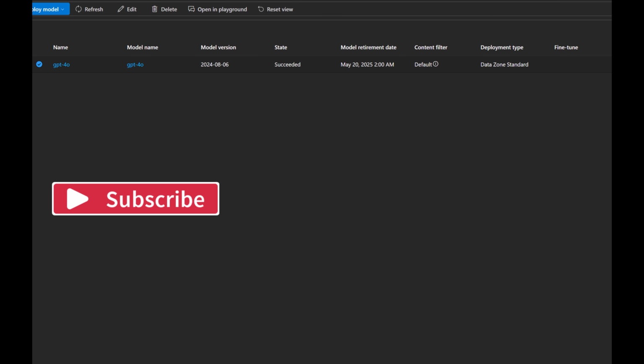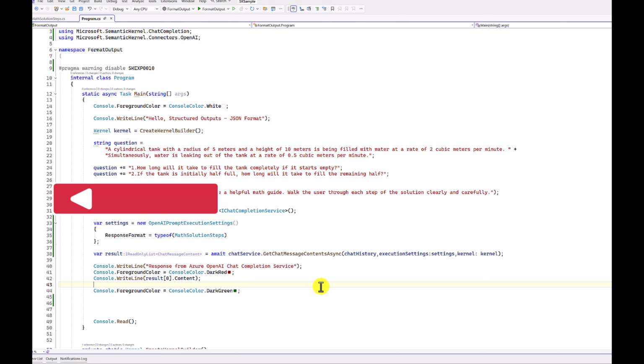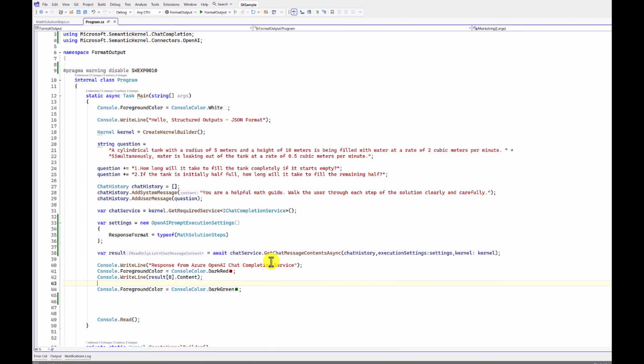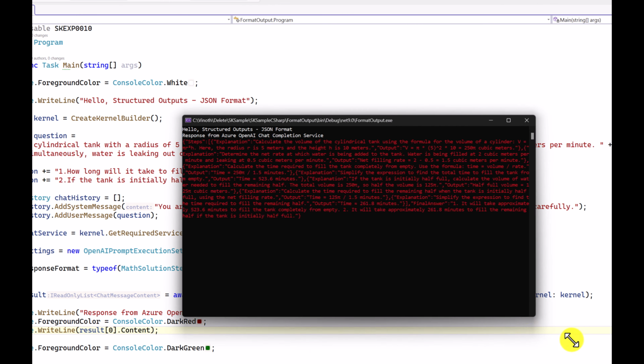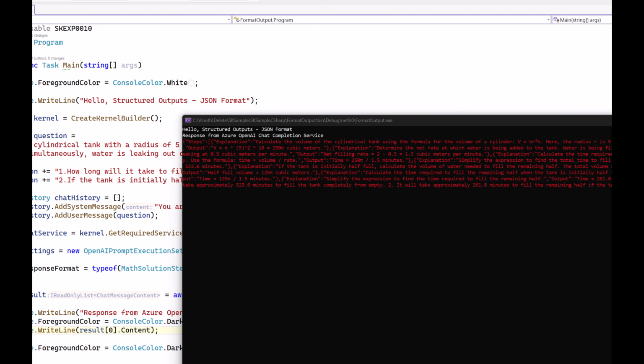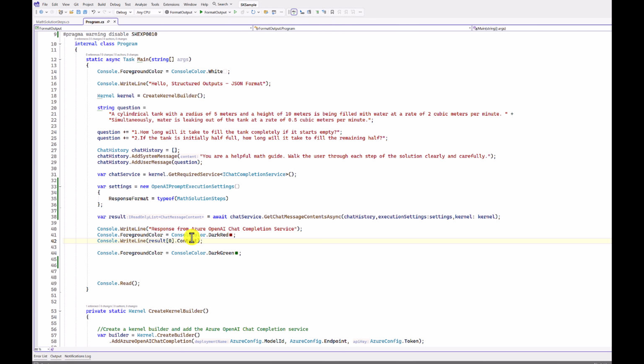Go to our Visual Studio and we'll continue our execution. So seems to be all fine. Now I run the application again, and here we get the result in JSON format. So the next step, what I'm going to do is convert this to my class. So with JSON deserialization, I directly convert to my class. So here I check the condition